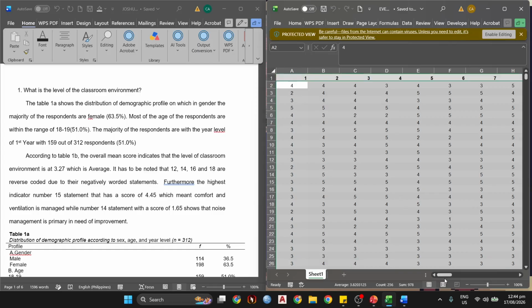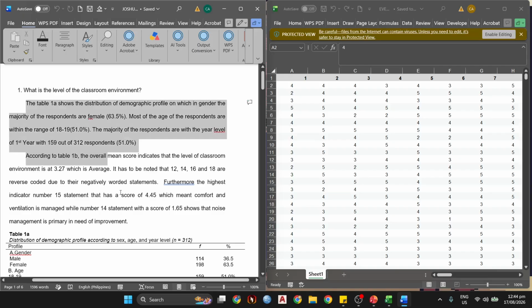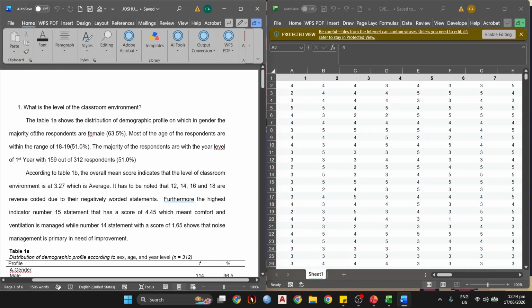So you need to represent all of this raw data into something that is easily digestible. And as I have said earlier, when we started, for the most part, we're going to use textual as well as tabular to represent our data because pictograph is not that advisable for a proper research, right? But it's better for presenting this research.